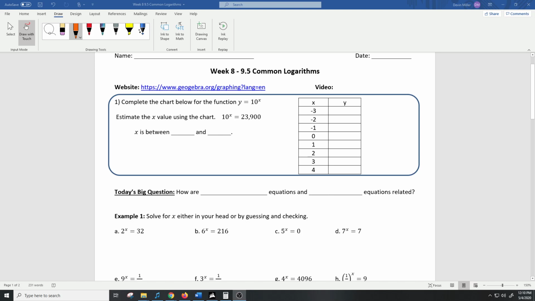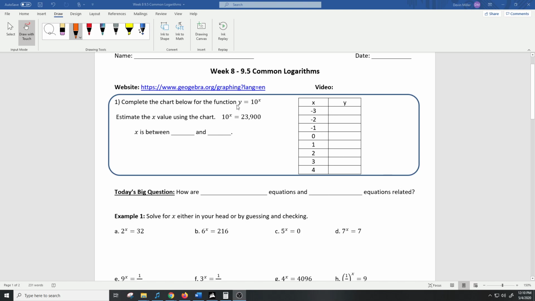We've used this website before in one of the previous weeks, so you should be familiar with it. But we're also going to use it to do more of the calculations rather than graphing this time. So to get into the first part here, this is kind of the warm-up problem. We're going to be using this website to fill in this chart here,